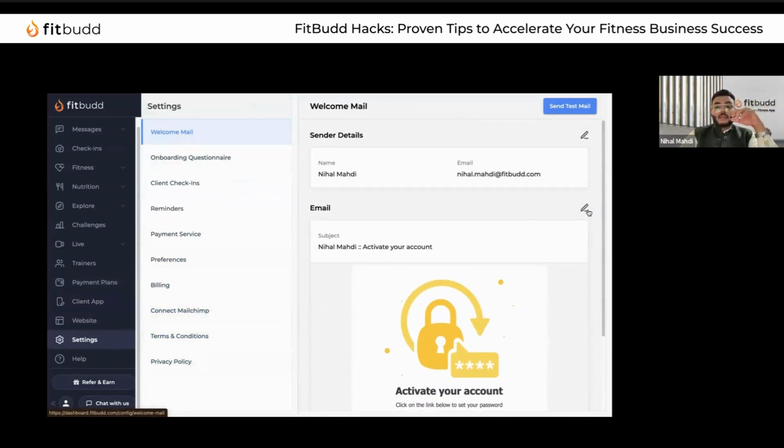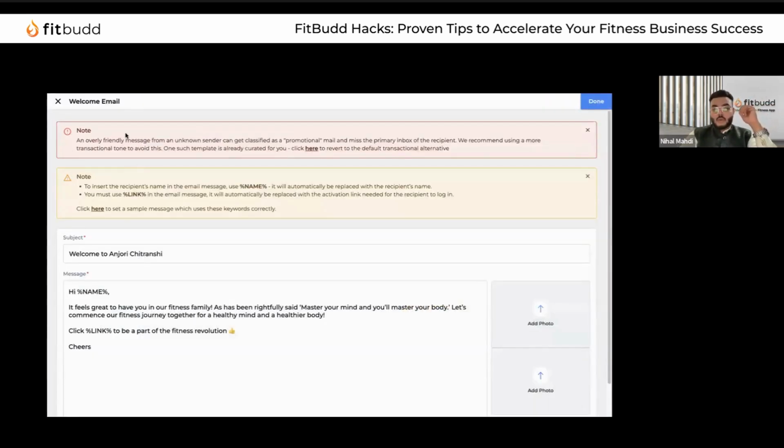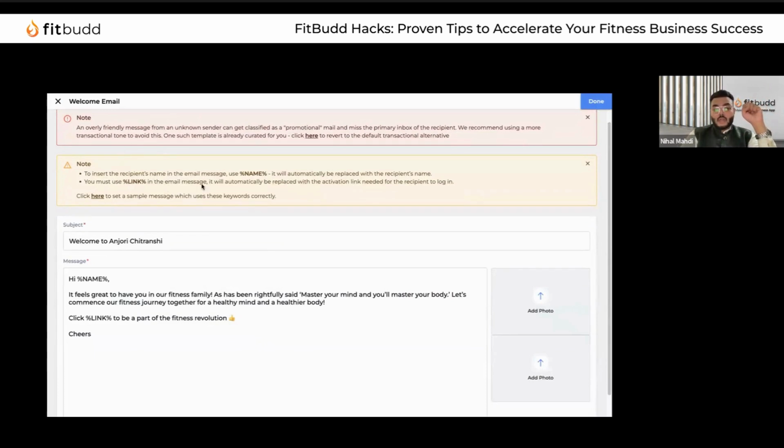You can customize this welcome email as you wish. Make sure that you follow these notes that we highlighted for you so that your emails do not end up in the spam folders of your client's inbox. So make sure that you follow these things while creating a customized